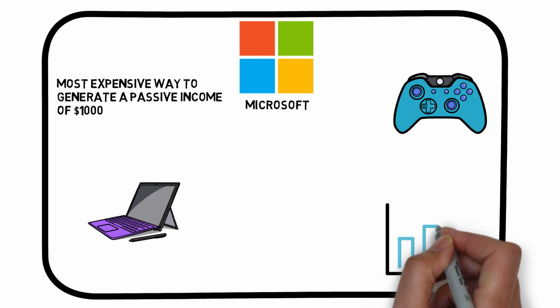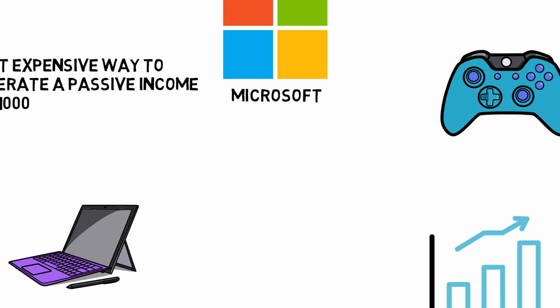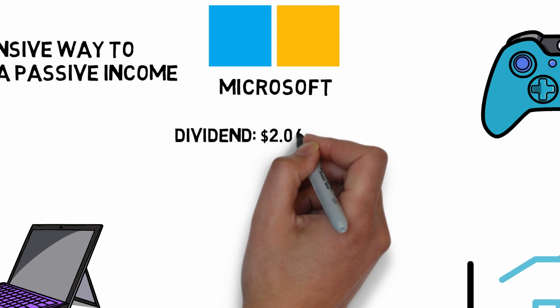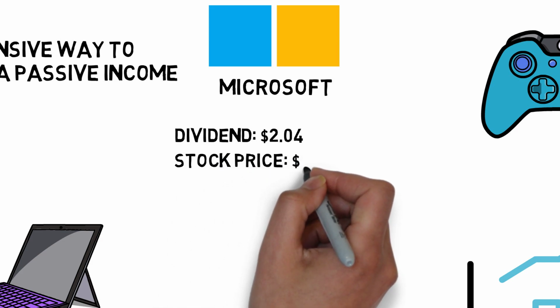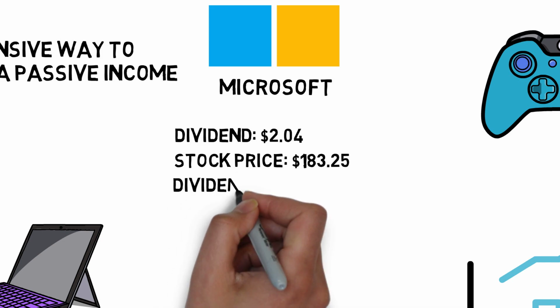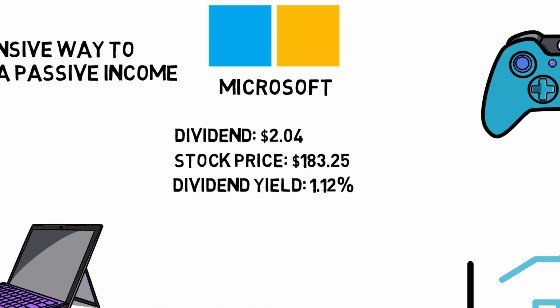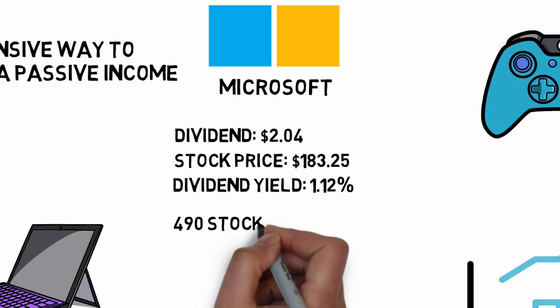But I see this stock having a nice growth potential. And then they're still paying a dividend, which is pretty nice. The current dividend is at $2.04, and with a share price of $183.25, it gives them a dividend yield of 1.12%. This is pretty low, and this low dividend yield means that in order to get $1,000, you will need